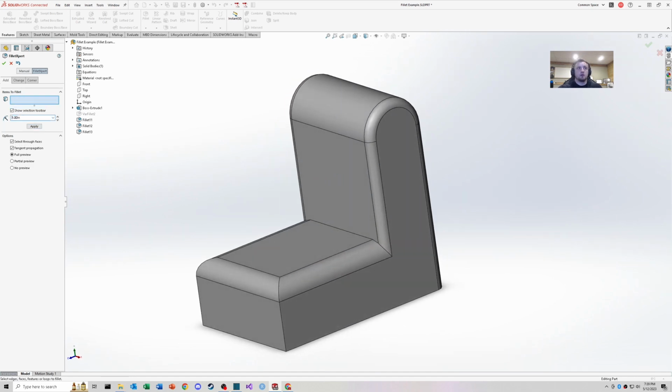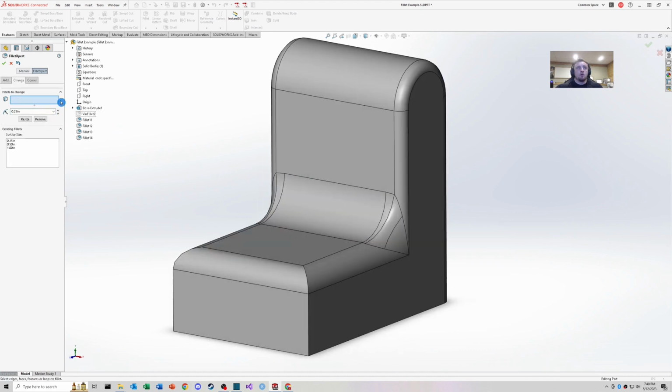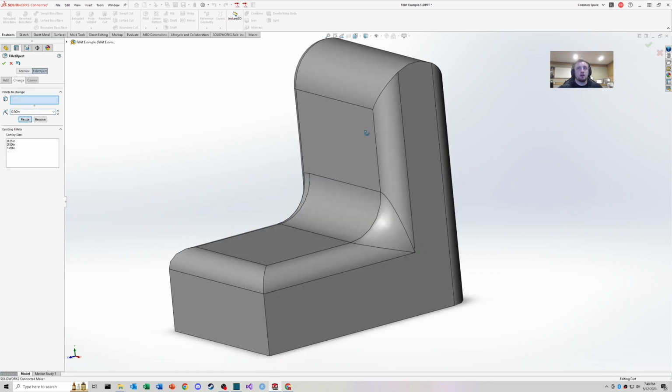And I can come in here, go to a 1 inch radius, select this internal edge, click apply. At any point I can also go to the change tab, and let's say I wanted to change some of these, where now instead of 0.25 here, I can resize that to 0.5, click resize, and now that's a 0.5